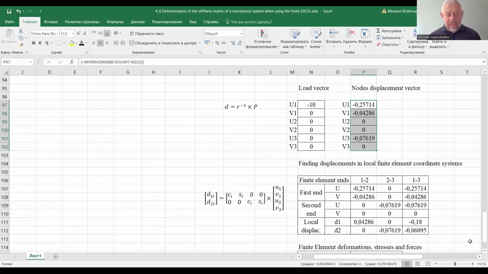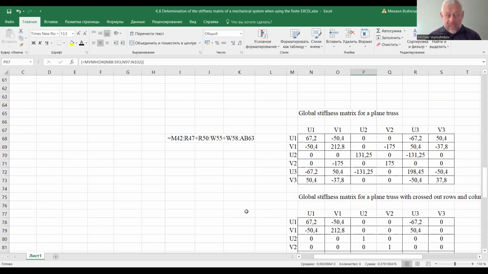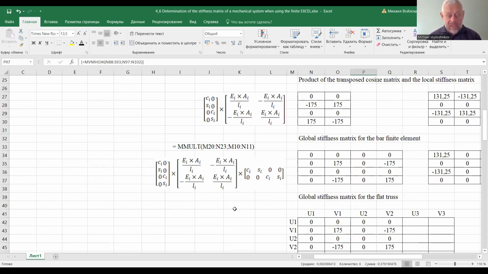So we can use the transform in the local coordinate system. The displacements of the ends of the finite element we can find by the product of the cosine matrix, not transposed, because we used a sequence of the product of matrices when we went from the local coordinate system to the global one. We need to do that for the global one because the stiffness matrix of the integral mechanical system we define in the global coordinate system, and after that we have to return back because we have to find the forces acting